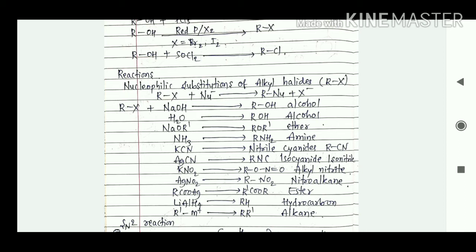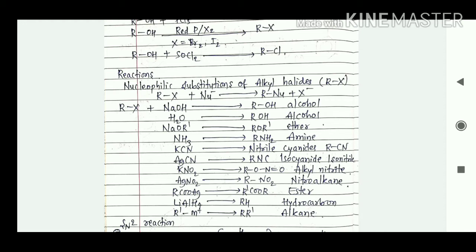So let us start. RX plus NaOH, here we are going to get ROH, this is alcohol. With H2O, here we are going to get ROH, again an alcohol. With NaOR', here we are going to get ROR', this is ether. Like that, NH3, here we are going to get RNH2, this is amine.